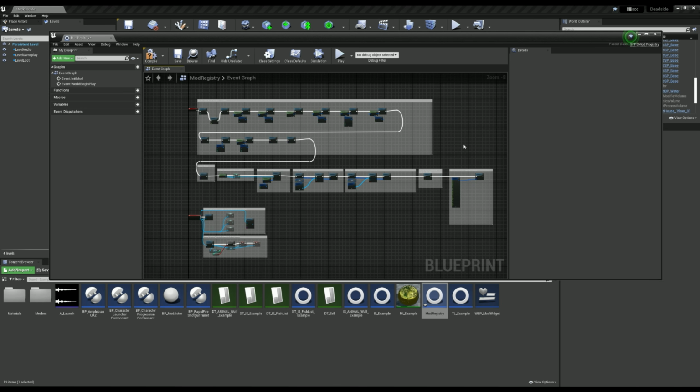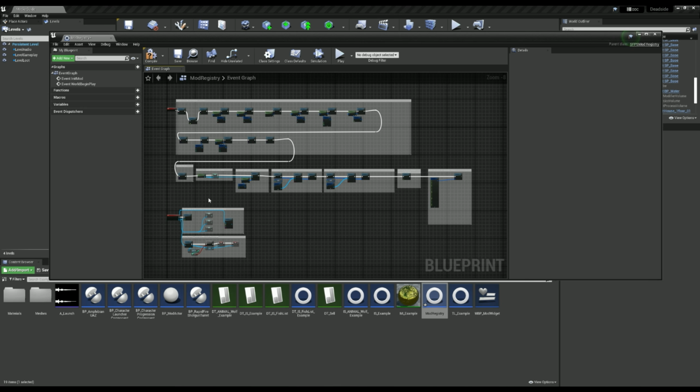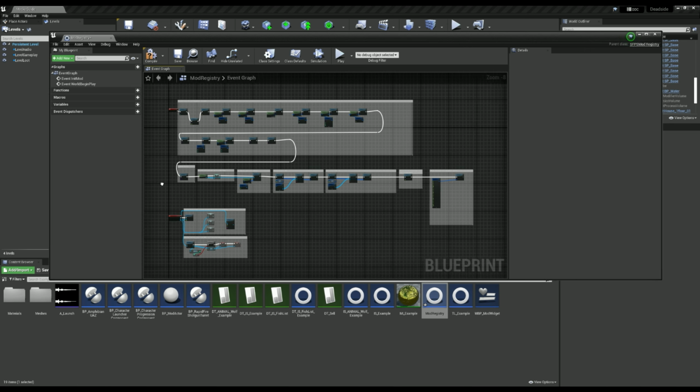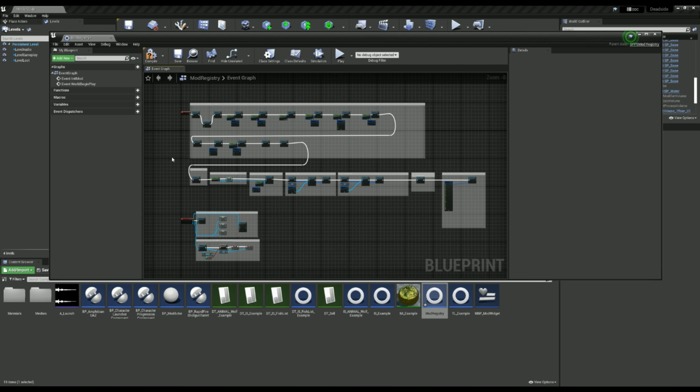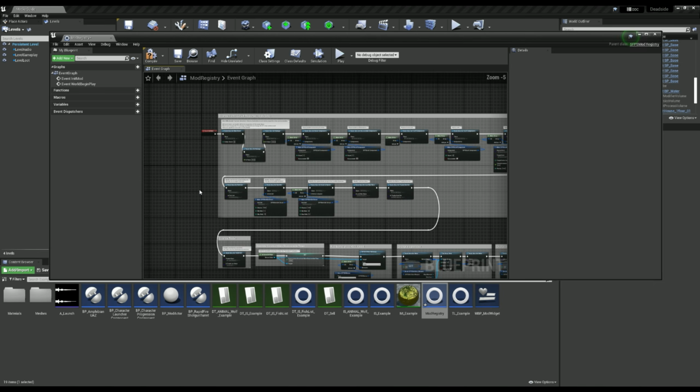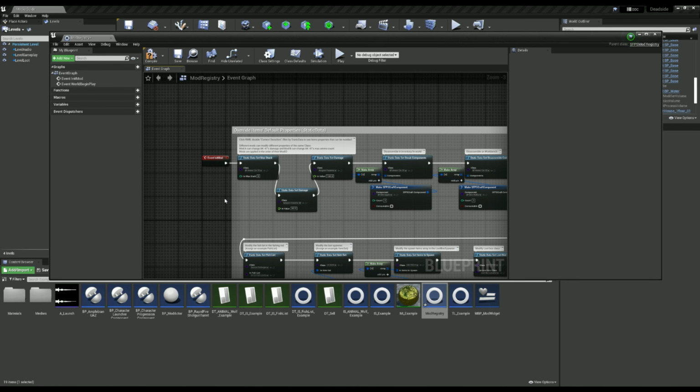Now on our official wiki, we are going to have a modding page, which is going to go much more into detail about blueprint programming, but since this is just a basic getting started guide, I think we'll leave it at that, let you guys experiment with everything, and once you're ready, you can take a look at that